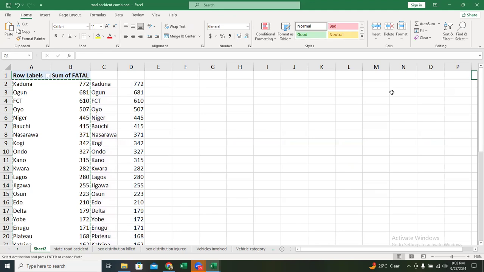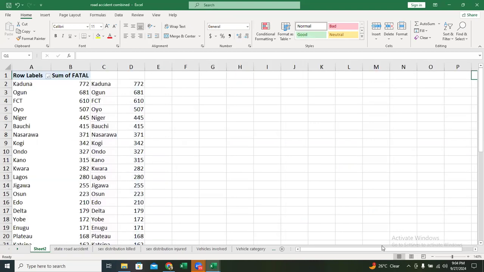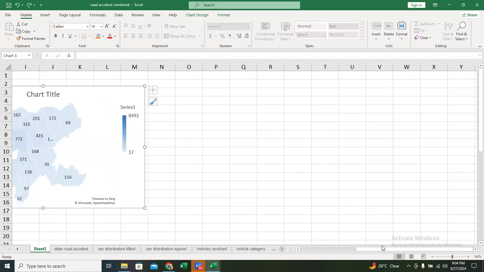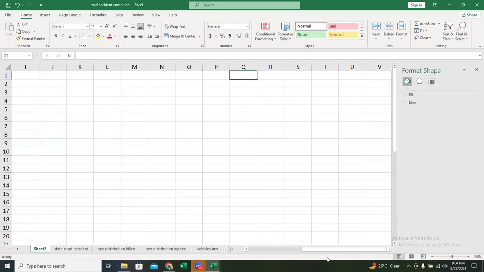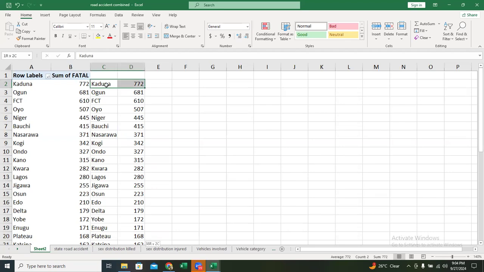So right now, that is going to take me to the next thing on the agenda today. We are going to be talking about slicers. So what are slicers? Slicers, those of you thinking sliced bread, is the same spelling. Slicers. So slicers in Excel,